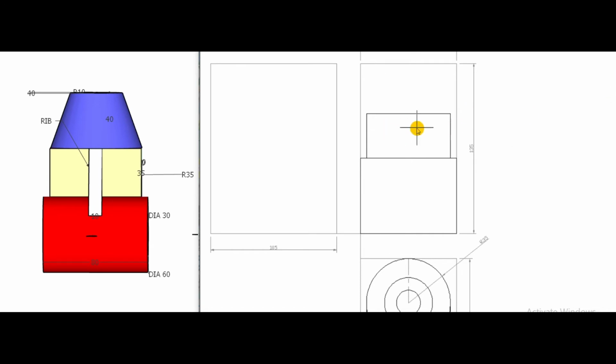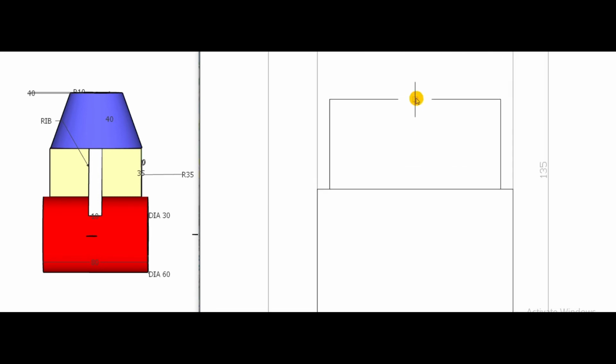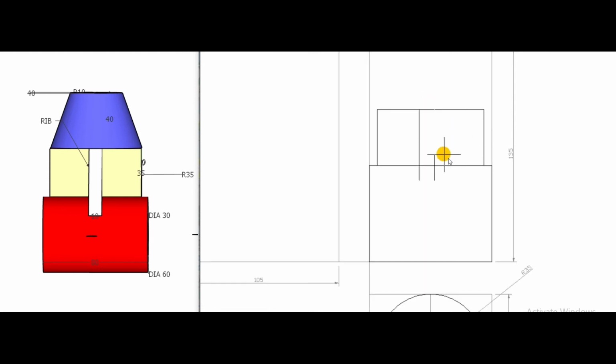So mark the midpoint. Go 5 mm, draw this line. Go 10 mm and draw this line, so that the rib can be represented here.